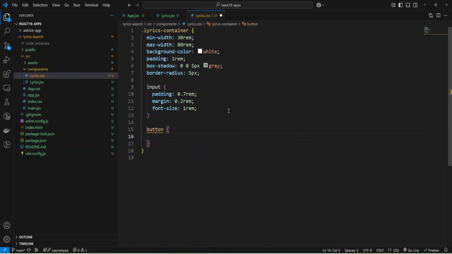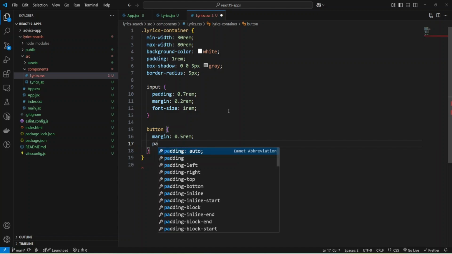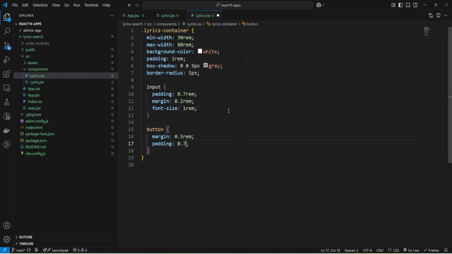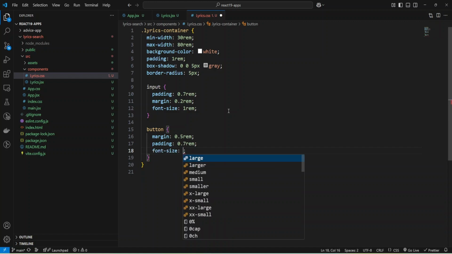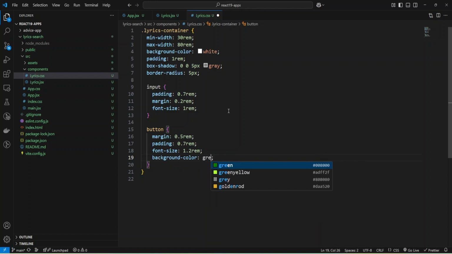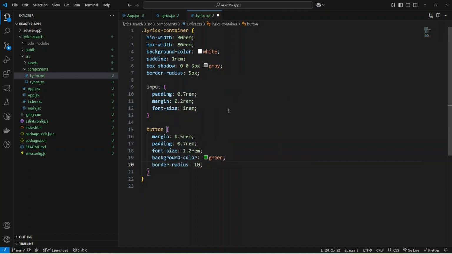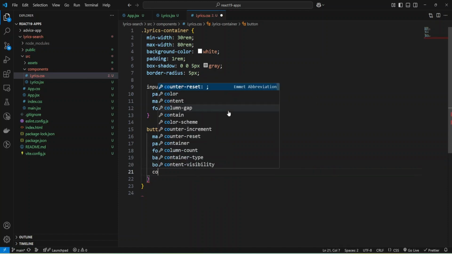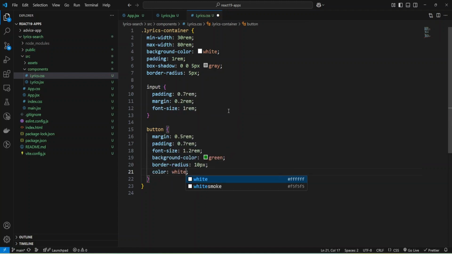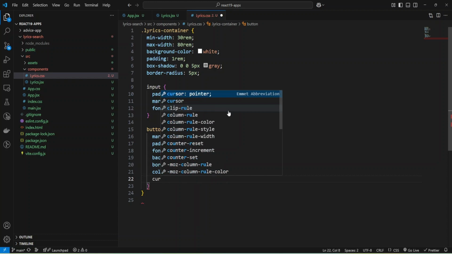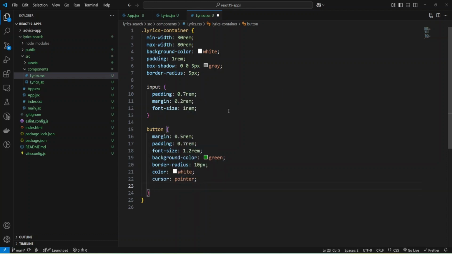Okay, and add some margin 0.5rem, and also add padding 0.7rem, and also increase the font size to 1.2rem, and make the background color green, and also the border-radius will be 10px. Let's make the color white for the text, and also cursor pointer, and remove the border.